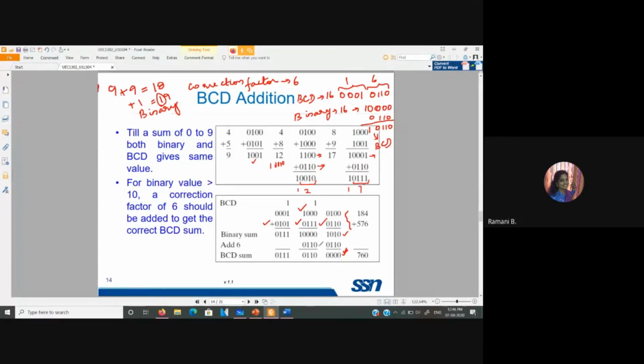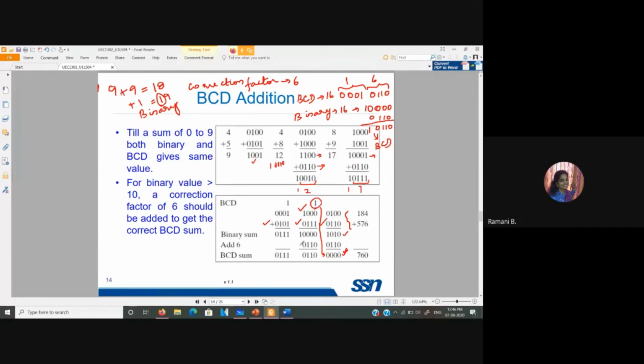So here again, you need to add a 6 to it. And this is the carry you got from here, 0010. From this, you will be having a carry, right? That is actually taken over here.